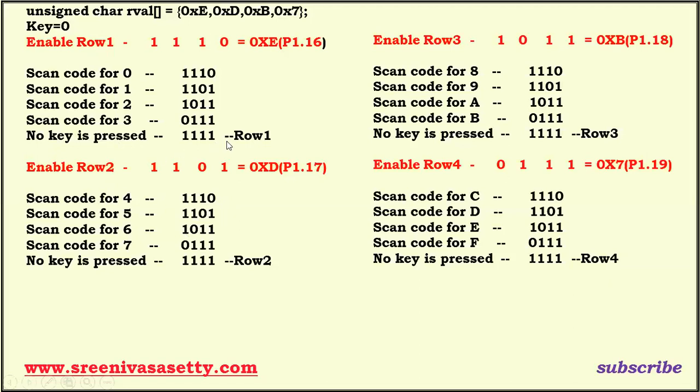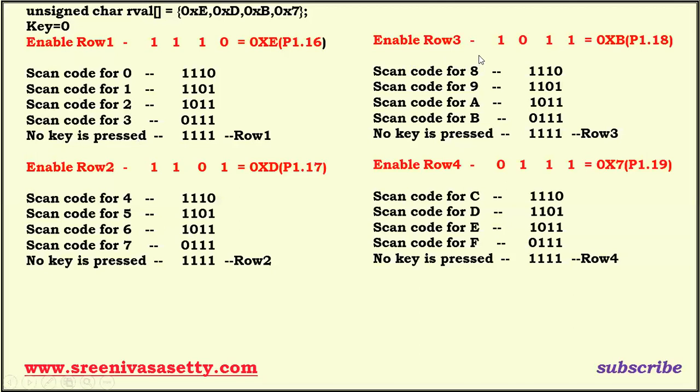Like that. Here 1. Previously we had 4 ones, so 4 plus 1, 5. Once you encounter 0, stop. Then here 4 plus 2, 6. Key number 6 is pressed. 4 plus 3, 7. Assume no key is pressed in the second row also. Then how many ones do we have here? 4 ones. 4 plus 4, 8. The status of key is 8. Then enable the third row. So no key is pressed here.